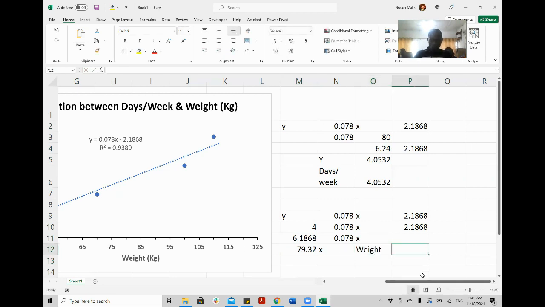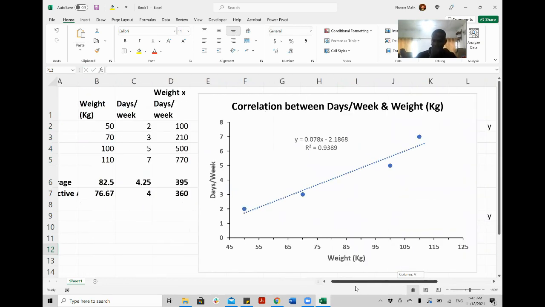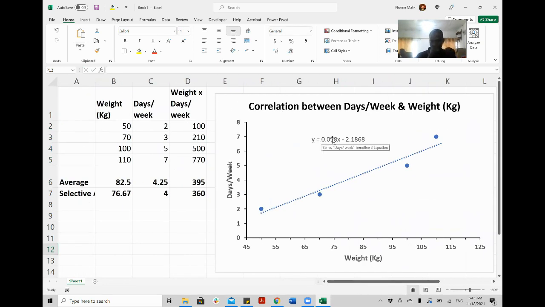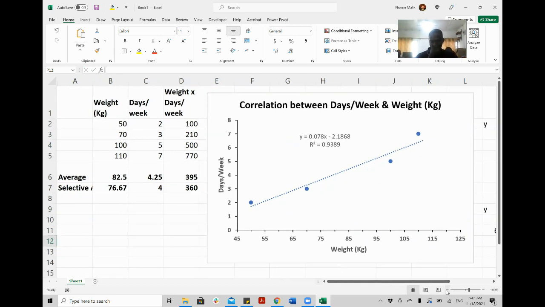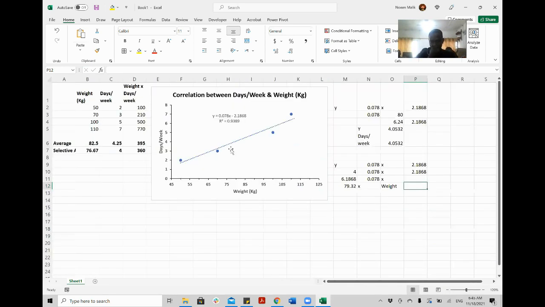So you can calculate X or Y. That's why this regression equation is very important for trend lines, and that's why this is used to calculate the unknown parameter on Excel sheet. I will stop here, there are a few more things, but I think we can cover them next time.